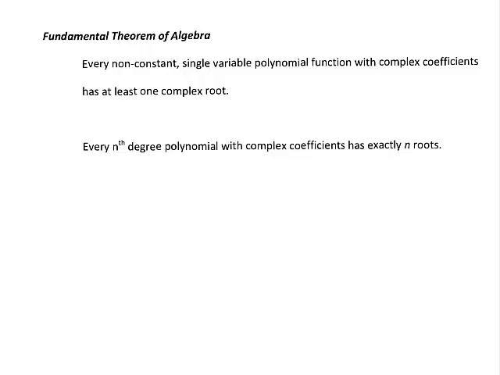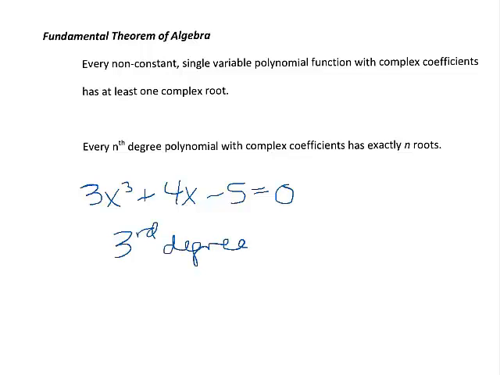Well, what does that mean? If I just wrote down a polynomial equation right now, let's say 3x cubed plus 4x minus 5 equals 0, I know that this must have 3 roots. This is a third degree, right? Its highest exponent is 3. It's cubic. It must have exactly 3 roots. No more, no less. So it's a pretty simple idea, and a lot of us have already been using this idea. So I'm going to use that in conjunction with this next,